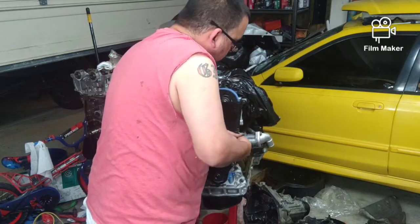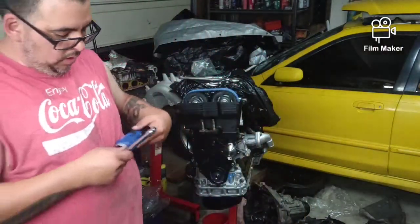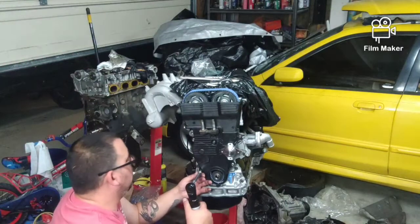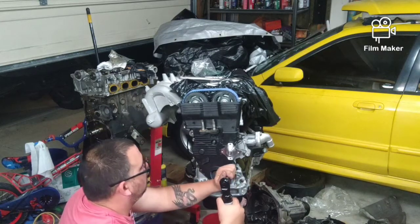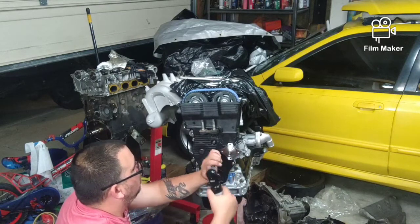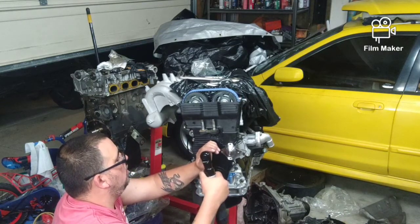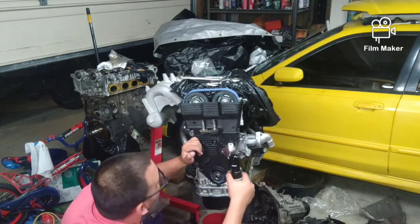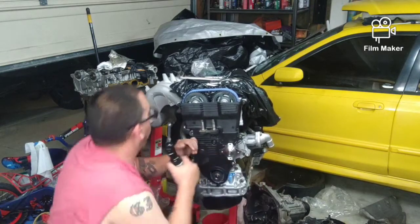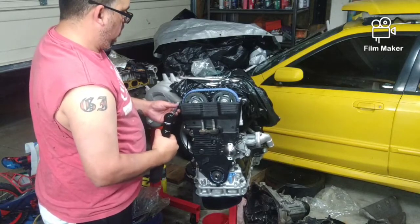I always start these by hand to make sure it threads in easily. If it's going in hard, you're going to cross thread it. So we can put it on our extension. Now you don't need to crank these down, they just need to go snug. Like I said, a couple of these I'm going to take off with the dipstick tube. But for now,